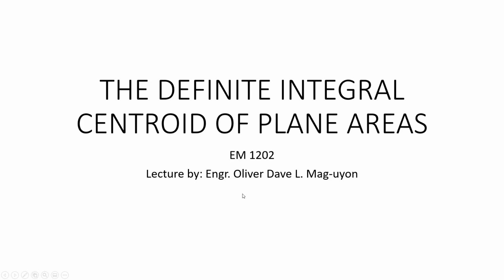So let's now proceed with the centroid of plane areas. Probably last meeting or session, we already learned how to solve for the area of a bounded region. And this may be solved using the vertical strip, which in the formula is the area is equal to y top minus y bottom dx from x1 to x2,